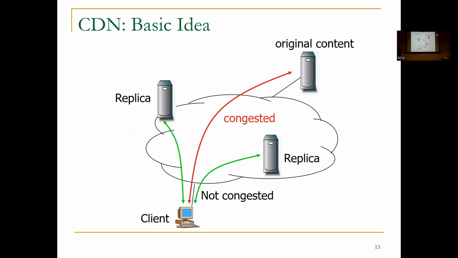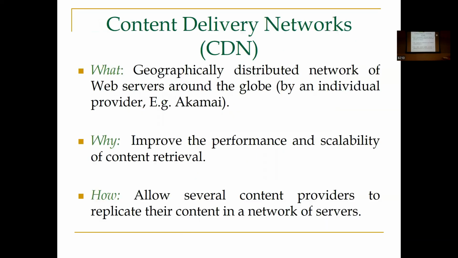We have just distributed the entire data to different regions, and now every server handles the requests coming from its local region. So what is the advantage? Because the request is served locally, the performance is very, very good. It does not have to go through the internet. So what exactly is the CDN? We understood that we have geographically distributed servers so that we can provide the services at a much faster pace. Why? We want to improve performance and scalability. And how can it be done? It can be done by replicating the contents.